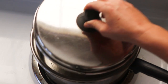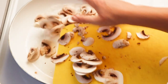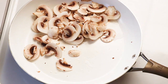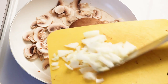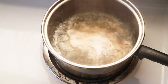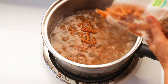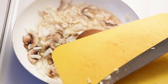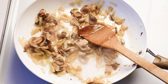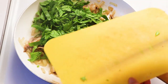First thing, we're gonna start some water boiling for pasta, so that's on high. And then I've sliced some mushrooms and get those sauteing over here with a pinch of salt. Add some onion. Meanwhile, my water is boiling, so I'm gonna add some whole wheat fusilli pasta. Back to the pan with some garlic. Once your mushrooms are browned to your liking, more or less brown than this,